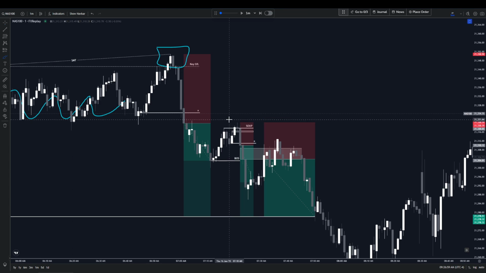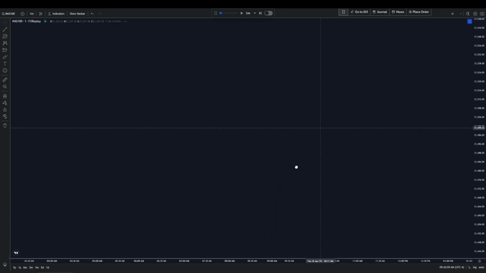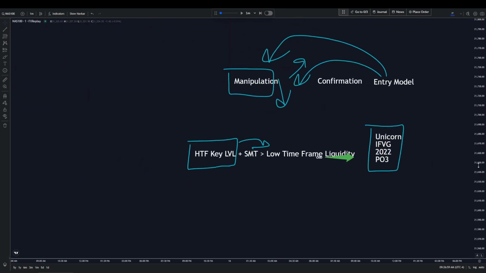We see a sweep of liquidity, and our inversion fair value gap. We have an inversion entry model. We have a change in state of delivery. Then we get our break in structure. We retrace higher. We get our unicorn model, our 2022 model. Look at how all of these entry models are now in play